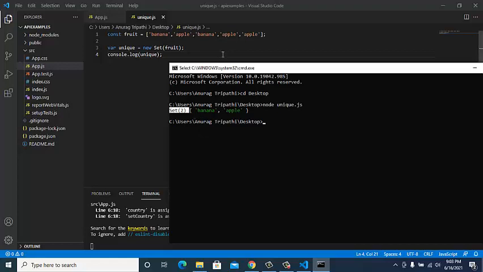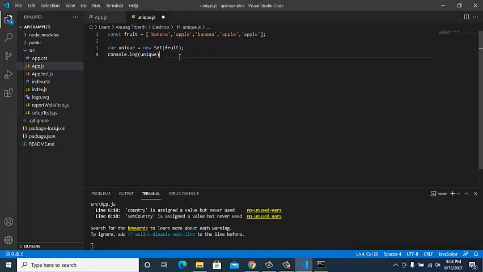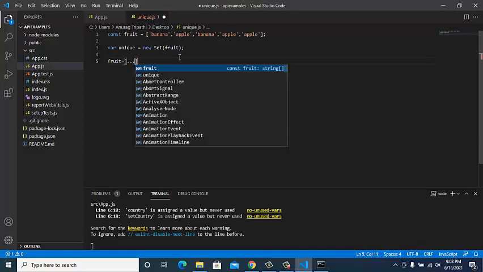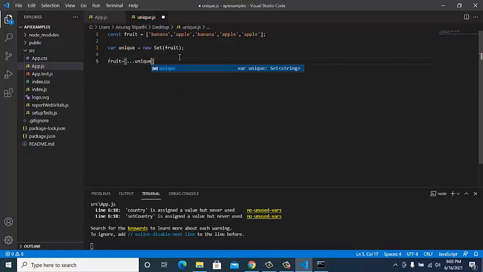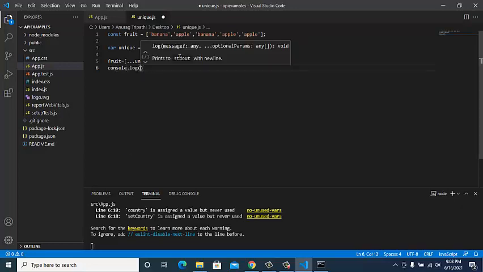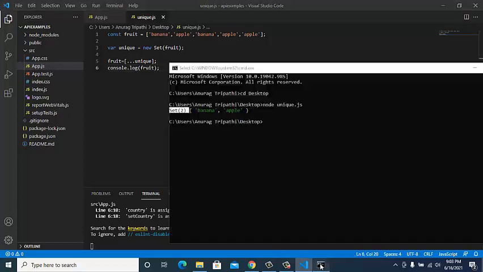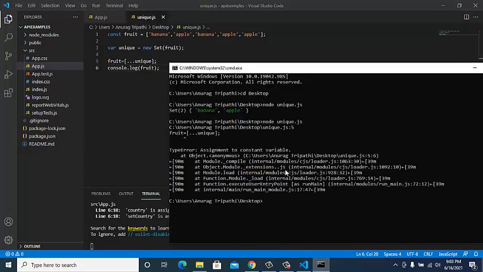If you want to convert it again to an array, then you have to take the fruit array that was created above and copy the data which is in the unique set. So I'll copy the data like this, and if you do console log of it, you'll get the unique data.